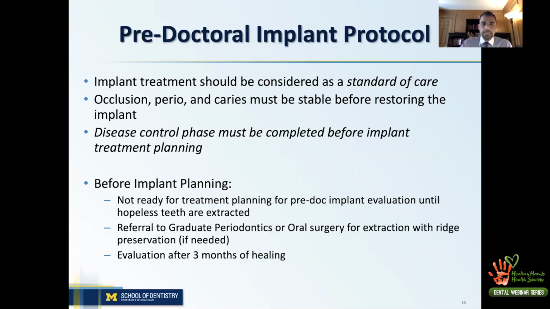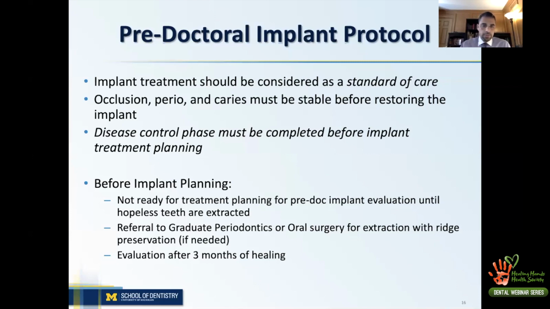Patients need to have stable occlusion and perio status, and caries must all be restored before starting implant treatment. We can't start treatment when there is still disease going on in the mouth. Disease control has to be completed prior to any implant planning process, which becomes an issue sometimes when patients come in and want to start with implants, but there's a lot going on. But it's our goal to teach our students that it is very important to have a healthy mouth. Otherwise, in the middle of treatment, if you lose other teeth, it might change the treatment sequence or treatment plan